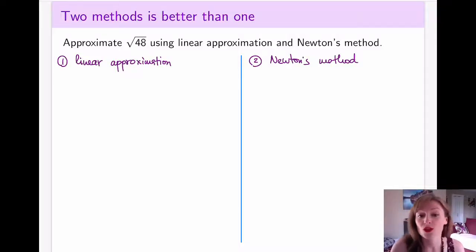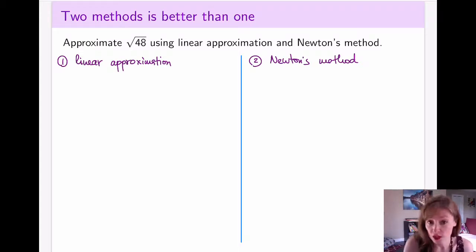In this video, we're going to do a side-by-side comparison of the two approximation methods that we've talked about so that we can really see their similarities and their differences. So first of all, we're going to approximate square root of 48. It's the similar kind of function that we worked with before for square root of 2, but for a different